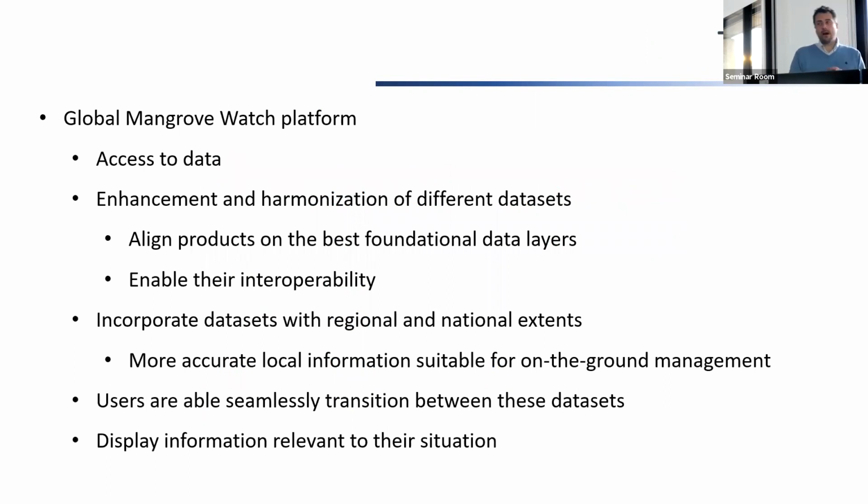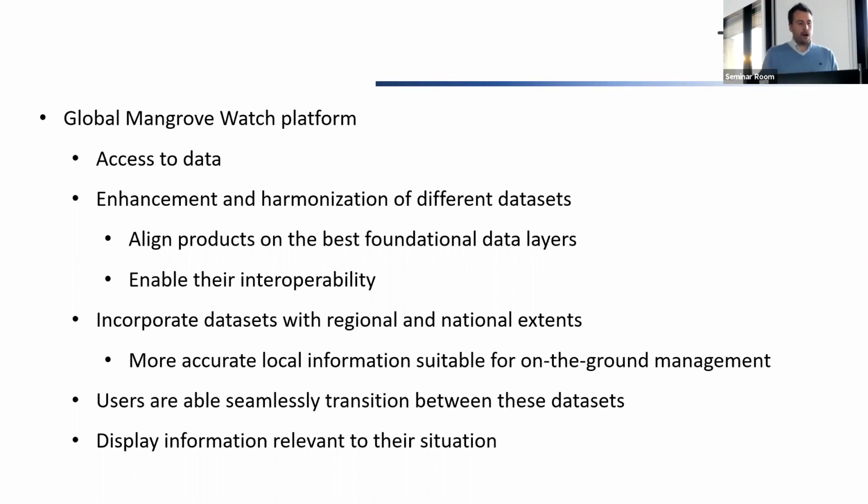Okay, so I've gone over a raft of different global data sets. A lot of them are outlined in that paper. If you want more information, I'm sure they'll be fine to send that paper around. It's completely open access. If you have any trouble, do send me an email. I'm happy to share it with you.